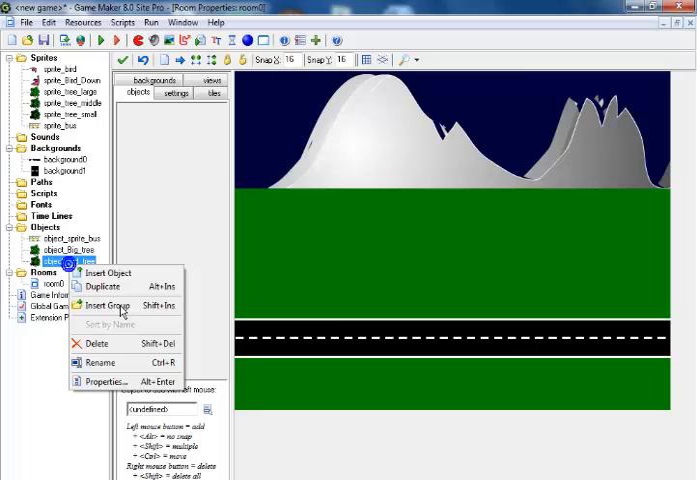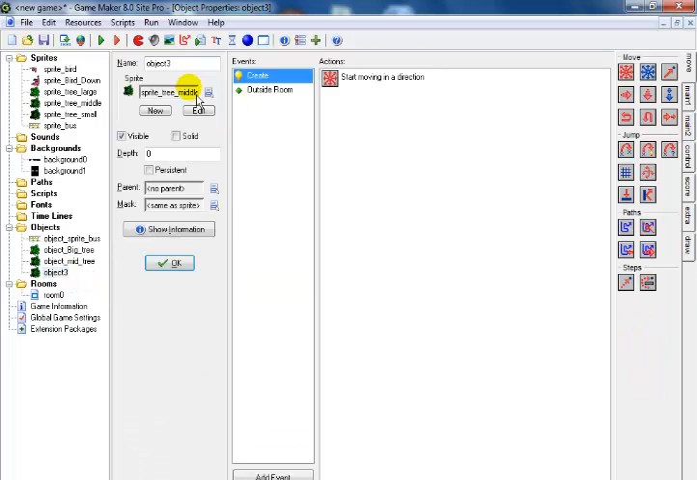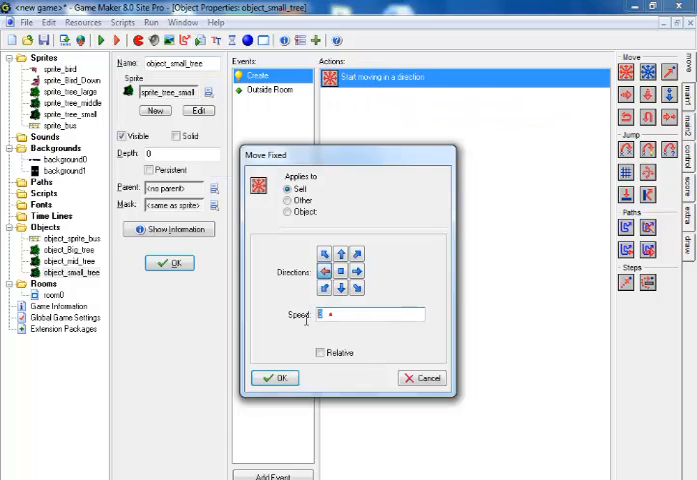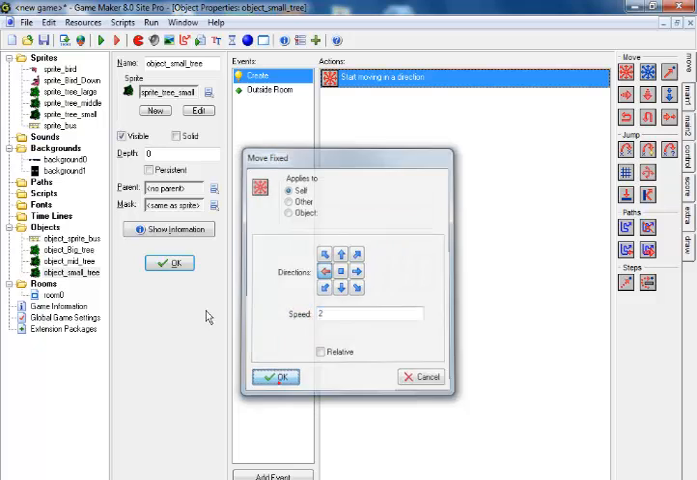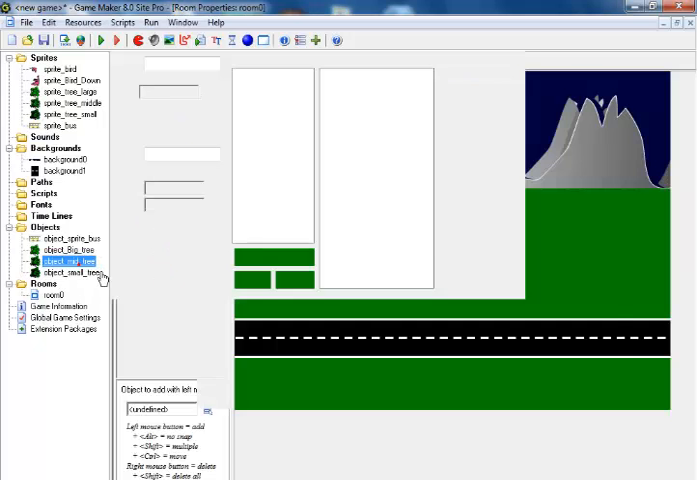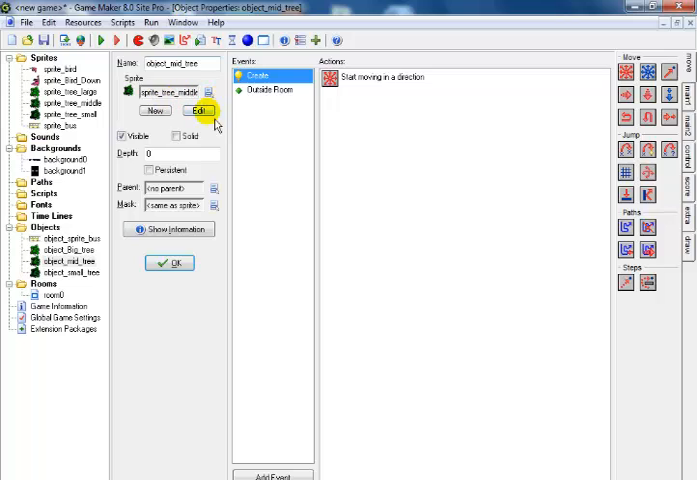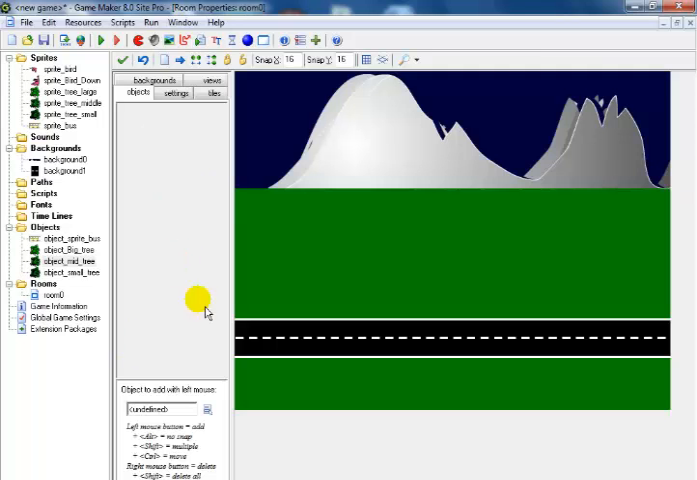Duplicate for the little tree, the small tree, and select the small tree and change the speed in this case to 2. So that's that set. Let's double check the tree selected here, middle tree. That's fine. So all the trees are in place now. So let's just see